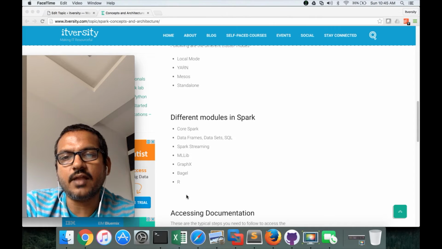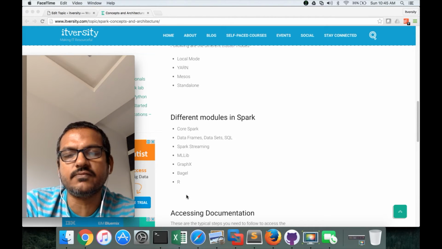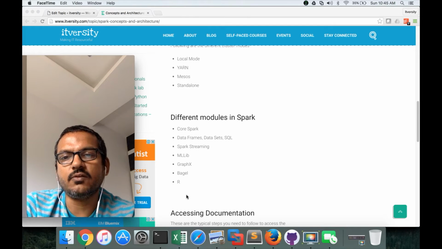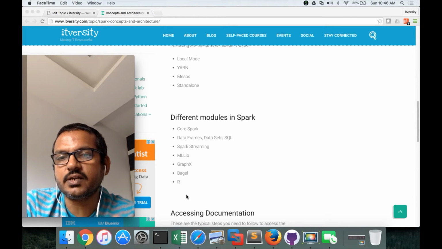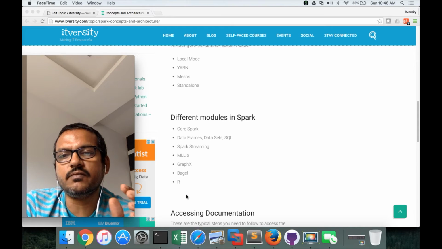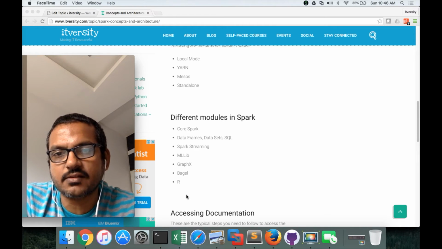It has an action called collect, where the RDD will be collected into another collection from which you can iterate using the foreach function and print. So all these are core APIs for Spark. We will see, as part of the videos, how to write Spark-based applications in both Scala and Python. We will actually get into the details about these transformations and actions.